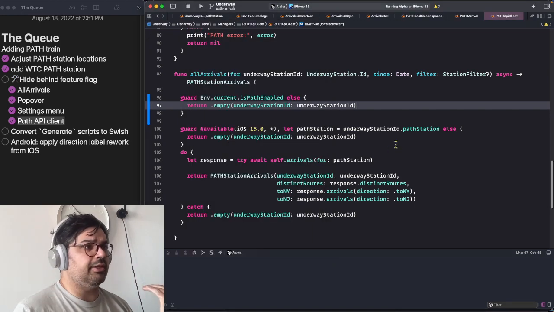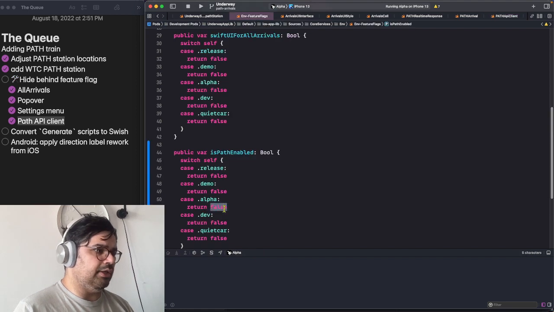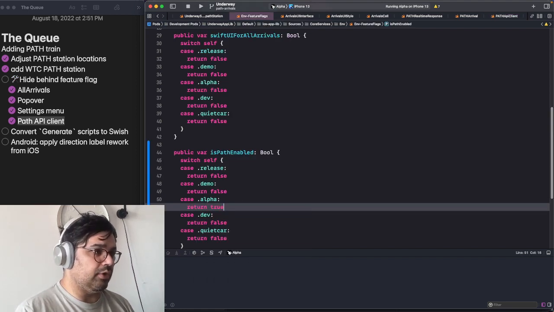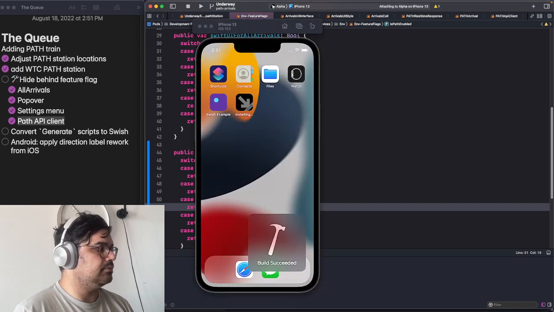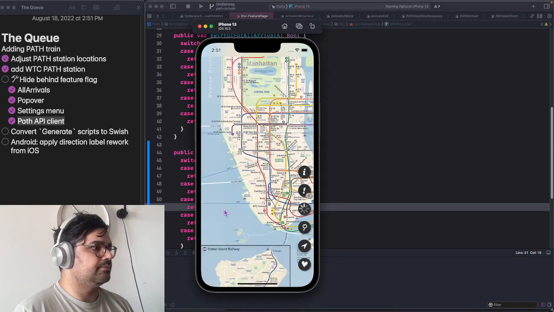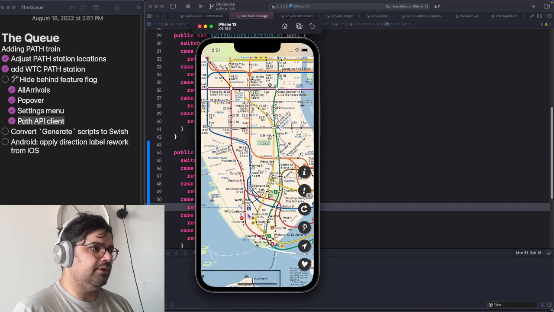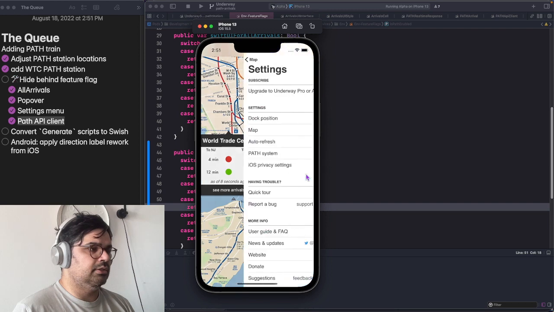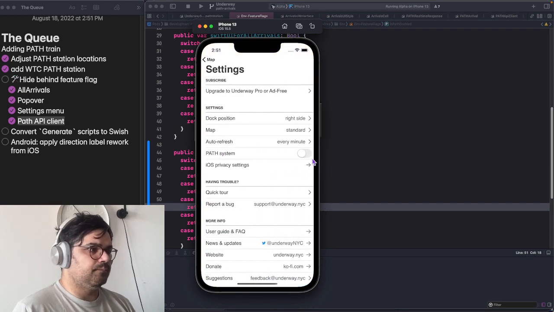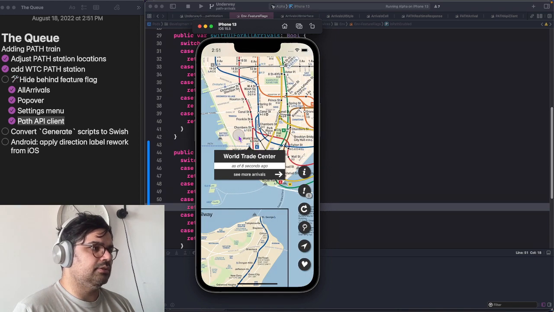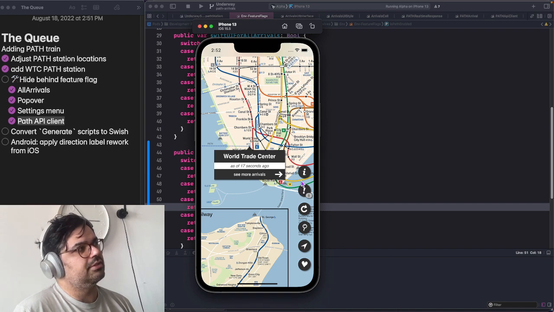So I guess we can check if the reverse works. If we enable it for alpha builds, make sure it comes through. Nice. And it is. And of course, World Trade Center. The setting is still there. Oh, that's interesting. So nothing shows up if it's